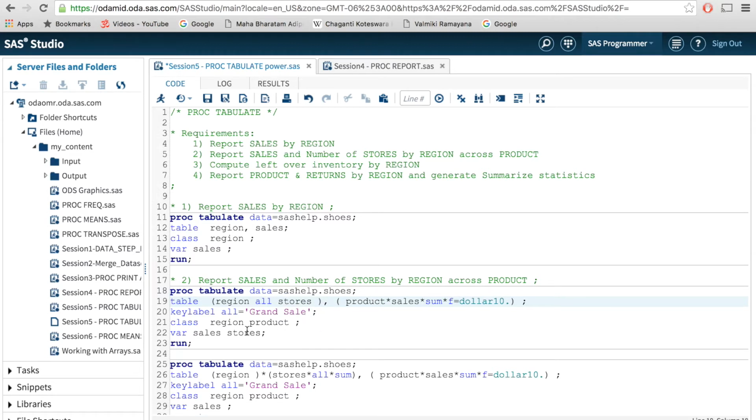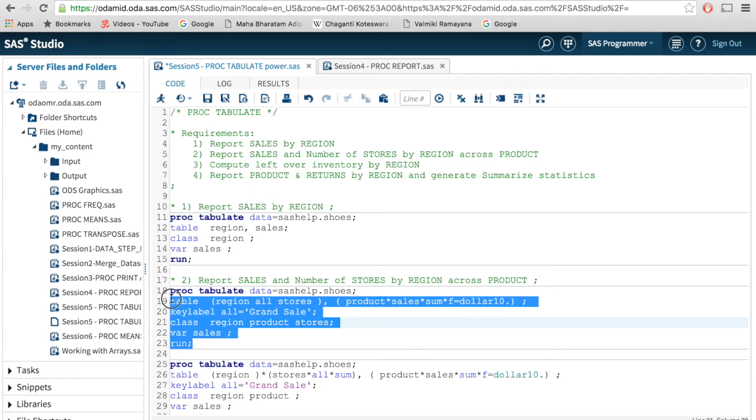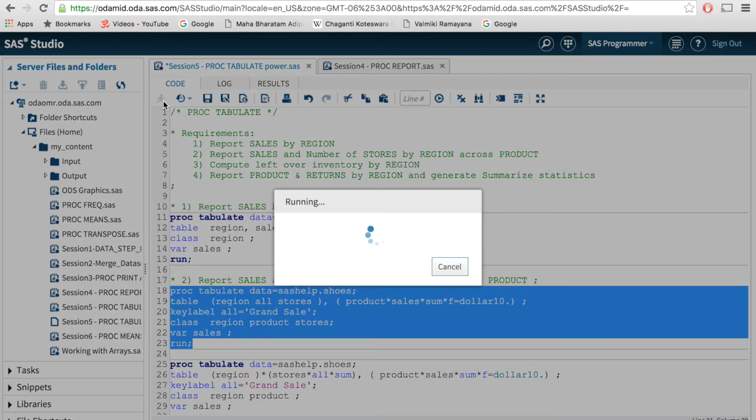And I should not mention the sale here, the number of stores here. It should go as a categorical variable, because I am not adding up all the stores across the region, but I wanted to display the sale that happened across the total number of stores by product by region. So I have to mention the store as a categorical variable. Now if we run the code,